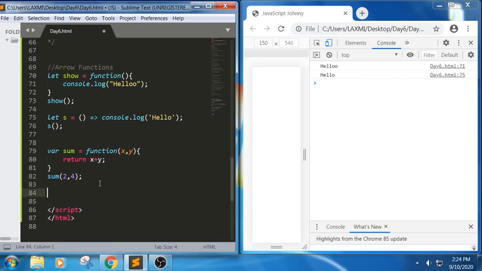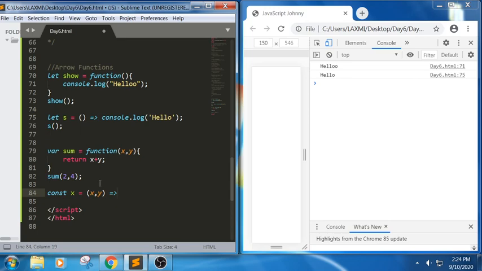Now let me put the same syntax in the form of an arrow function. How do we write the same syntax using an arrow function here? We can write the same arrow function in this way. We know const as a keyword for variable declaration. Const and let are the latest versions in JS. Earlier we used to use var.